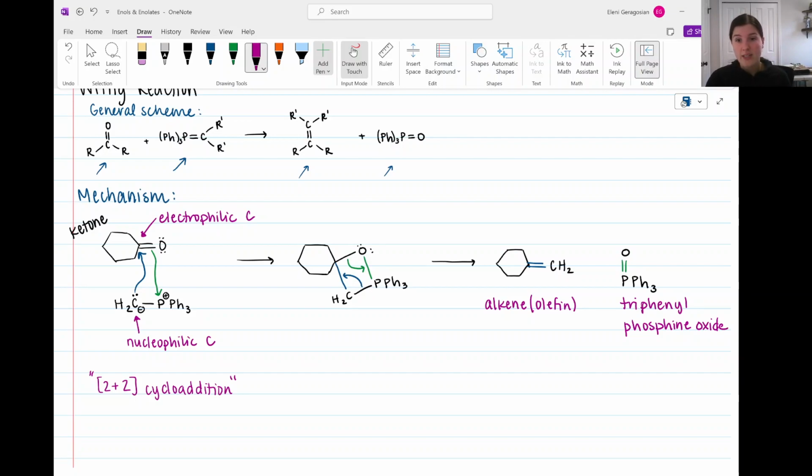Now this alkene that's formed through the Wittig reaction has a less substituted carbon that's part of the double bond. We've talked about Zaitsev's rule before. More substituted double bonds are more stable thermodynamically. So this is a less thermodynamically stable product. So this is difficult to prepare with other methods. It's easier to prepare with a Wittig reaction. So let's write this note here. Difficult